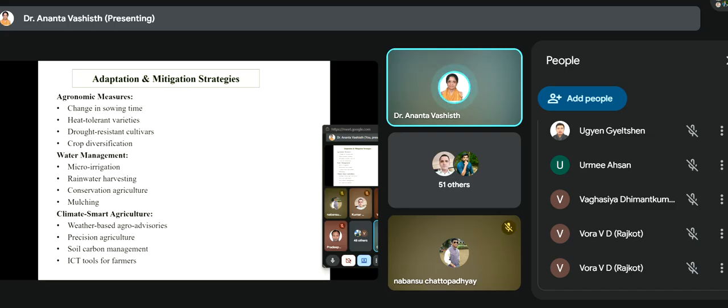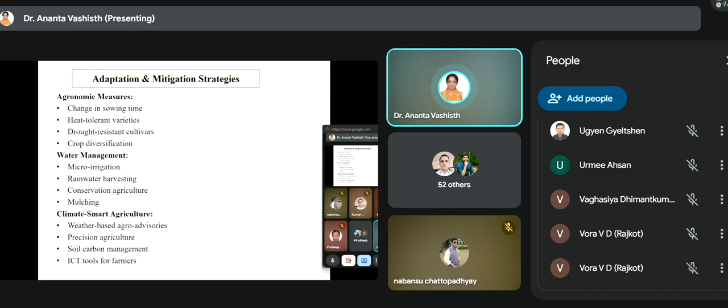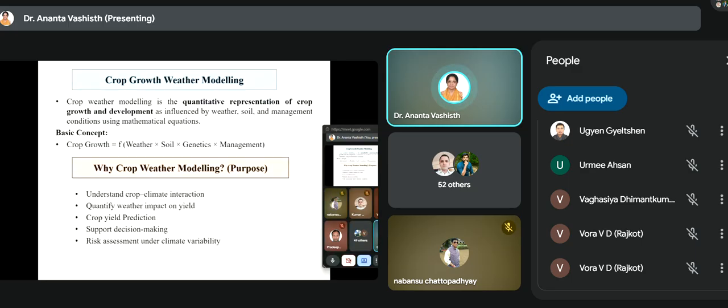Soil carbon management is definitely required. ICT tools: nowadays there are different mobile apps and different tools. With the help of those, immediately you can give the farmers the advisory as well as management suggestions within the crops. So if you can do all these, the next topic we have to cover is